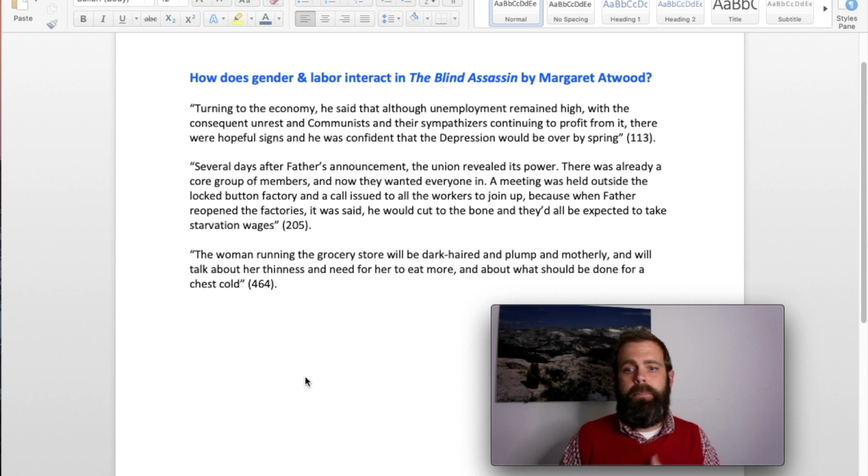You're not going to use 10 pages of evidence. In fact, chances are really good that you are only going to use about 2 pages of evidence, because your analysis and your argument and your development of that argument needs to be about 70 to 80% of the paper. 20 to 30% of that can be evidence. So if you have too much evidence in your paper, it's not going to be great. Well, Jared, why then are you having me write 10 pages of evidence? Oh, I'm going to tell you why.